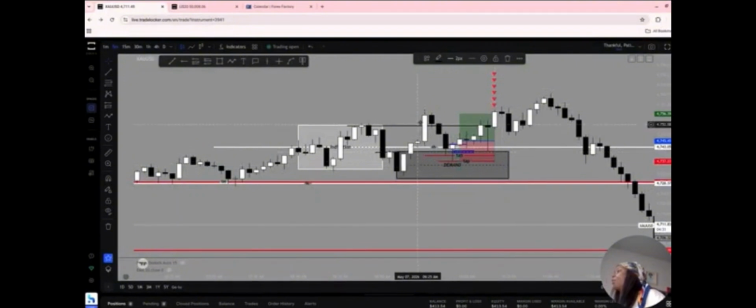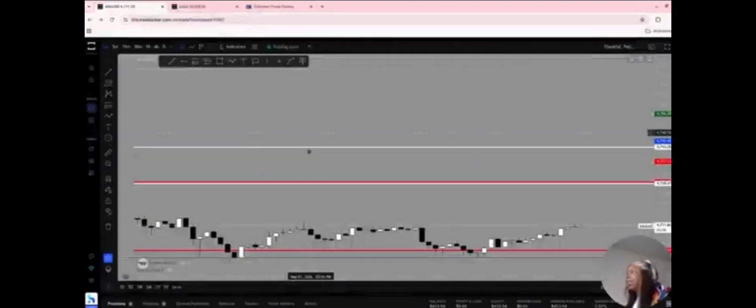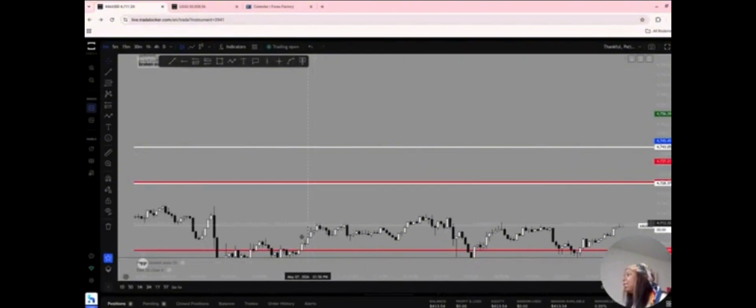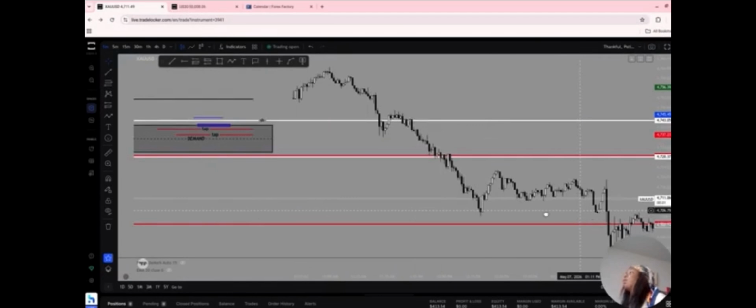So anyway, I'm waiting for price to tap back into my zone, which it did on this candle. When it taps into my zone, I go into the 1 minute time frame. Okay? I go into the 1 minute time frame to get my entry. And when you get on the 1 minute, basically all you're wanting to see is another break of character to the upside, because on your 1 minute you're going to be correcting on your 1 minute. Why? Because price is correcting into your demand zone, so price is going to be creating those lower lows and lower highs